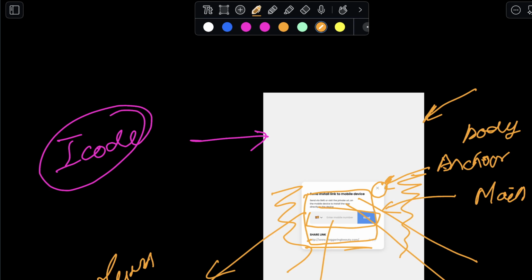So if you come back to the container and then let's add this. Okay,